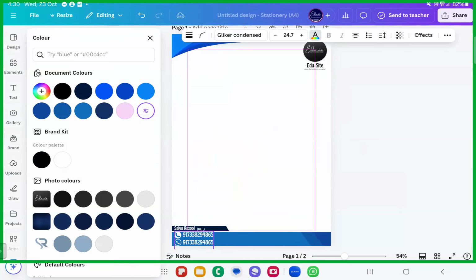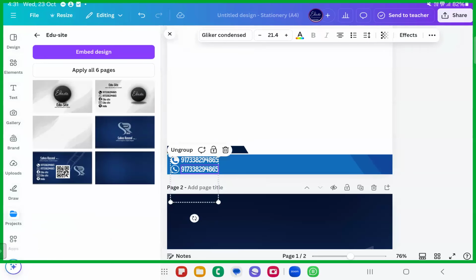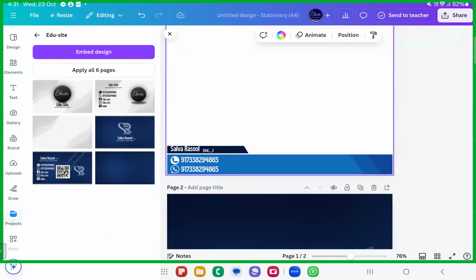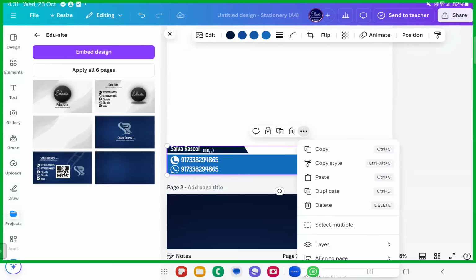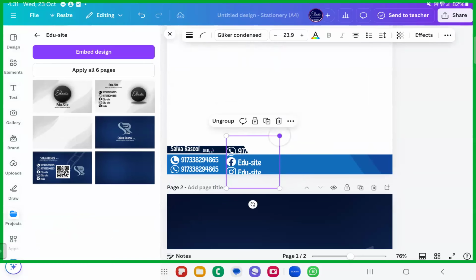These two contacts put up here. Something like this. Or then you can just duplicate it up. Contact info on one side. I'll duplicate this. I'll paste it again. I'll bring it here. I just want two of it now.